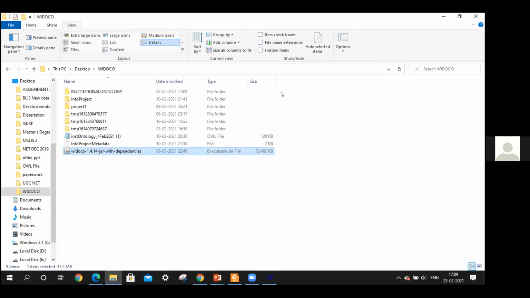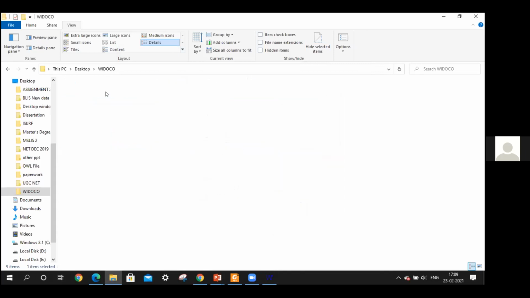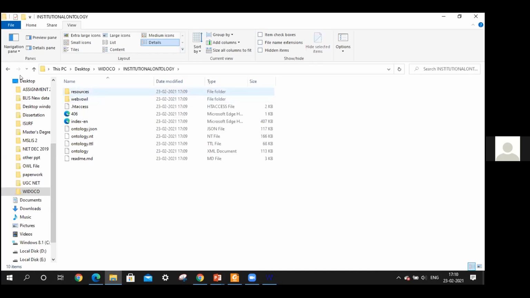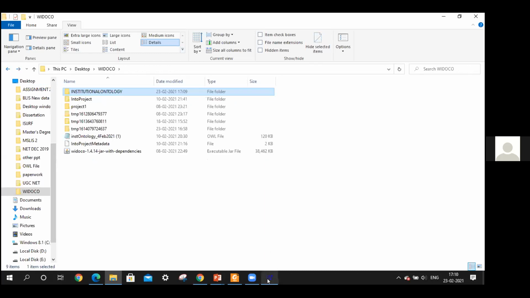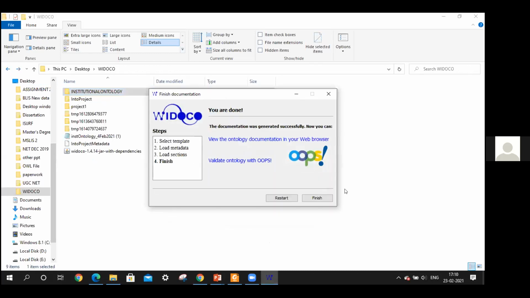Yeah. So you can see that the institutional ontology has been created. Now, maybe you can first show that pop-up window, finish it, and then come back. There are many other things to say. See here, during the Protege session we were running reasoners, right, to see the consistency of your ontology. But now there are also other such tools available online.